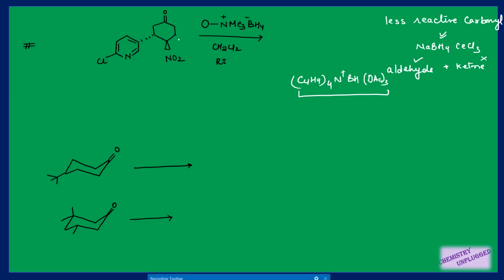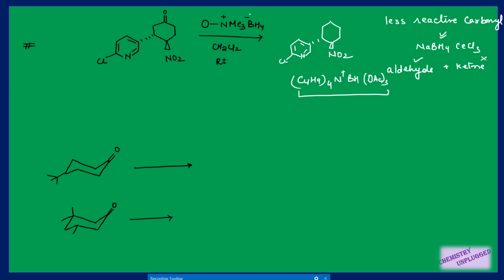So here I have chloride group, nitro and ketonic group present, right? So only this ketonic group will be reduced. Most of the time this sodium borohydride doesn't affect halides and nitro compounds, but if I am using this one, then it is sure that it will only affect this ketonic group. And what about the side of attachment of this OH? Because this group is below the plane, right?